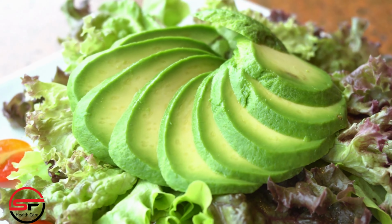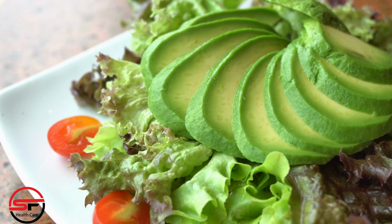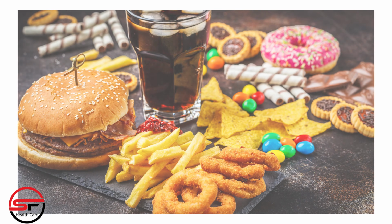Including these foods in your balanced diet can contribute to better blood circulation and overall cardiovascular health. However, it's essential to maintain a healthy lifestyle, including regular exercise and avoiding excessive intake of processed foods and sodium,